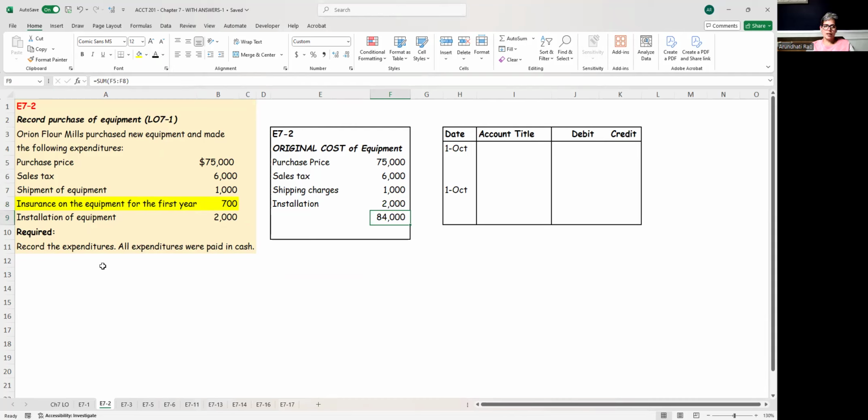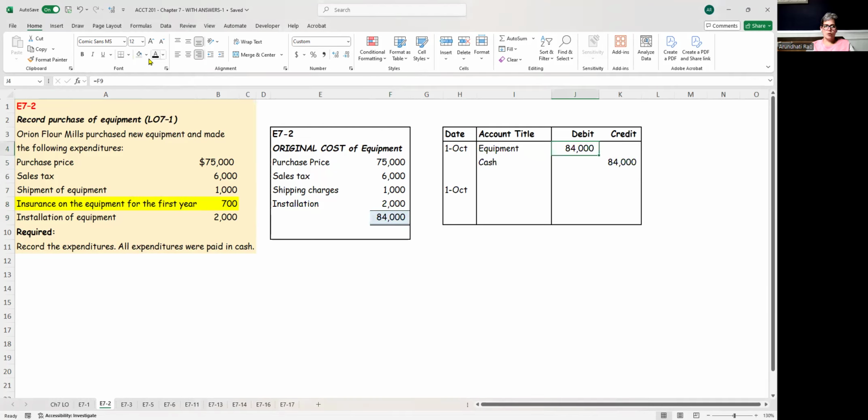Now let's do our journal entries. They're telling us all expenditures are paid in cash. So all of this $84,000 plus the $700 was paid in cash. Let's first take care of the $84,000. All of this is the original cost of the equipment. There will be equipment account debit, cash account credit, and that's the $84,000 that we calculated over here. This $84,000